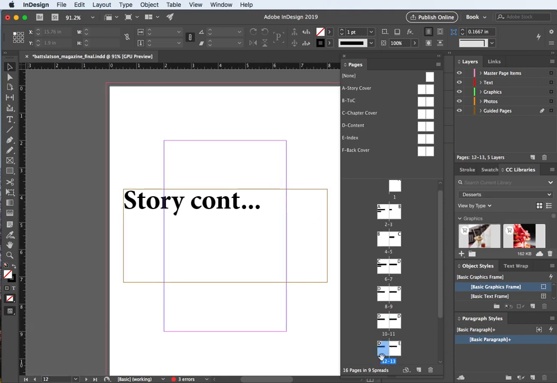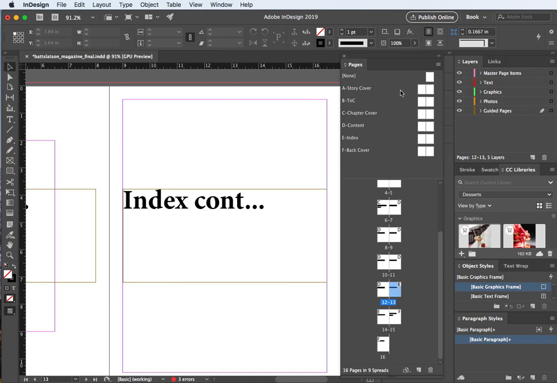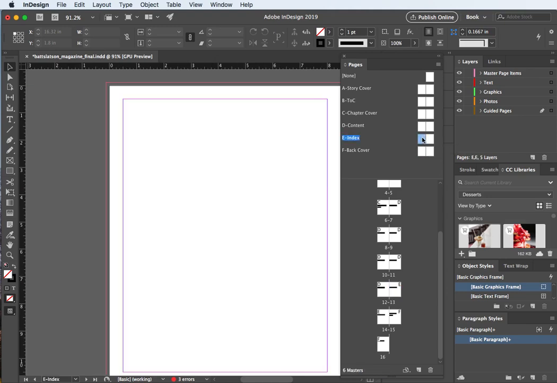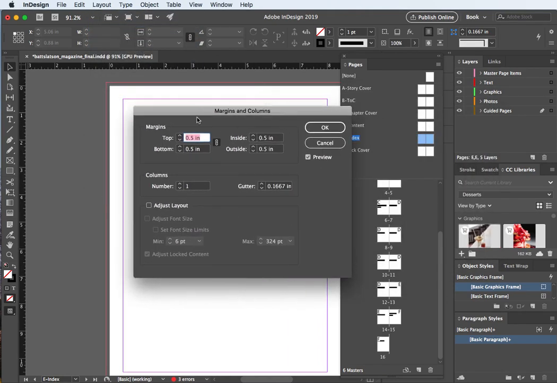So this is the purpose of master pages. You make a change in one, it changes everything that is linked to that master page. It's kind of cool. All right, so the next thing we're going to do is for our index page, we also want to divide this index page into 2 columns. Maybe we want to change the margins a little bit. Let's just check. So for our index, let's go ahead and select both of these, and let's go up to layout. Let's go up to margins and columns, and let's maybe go up